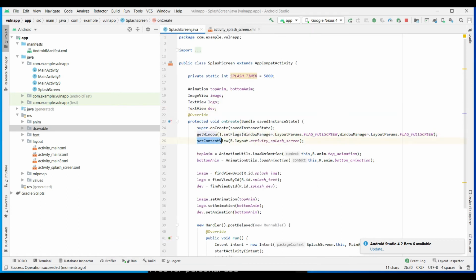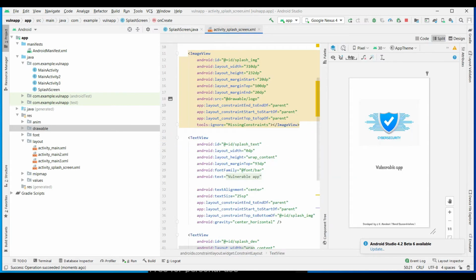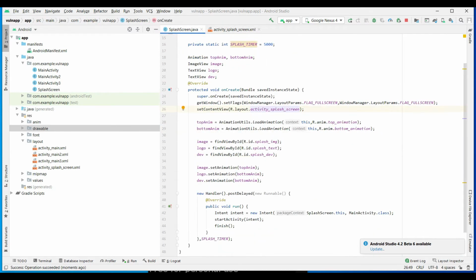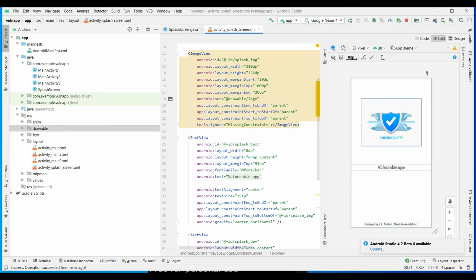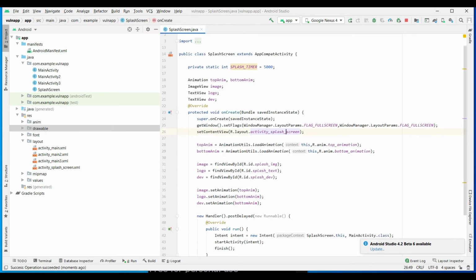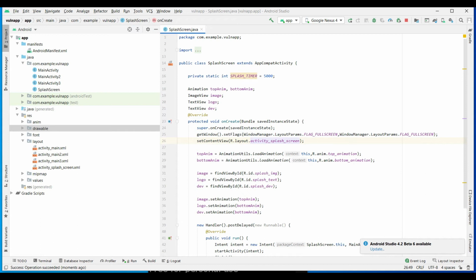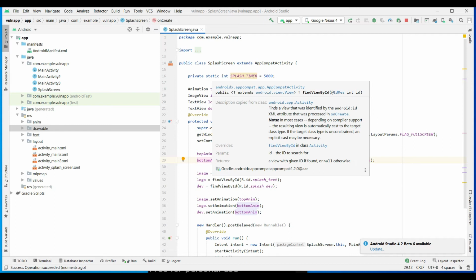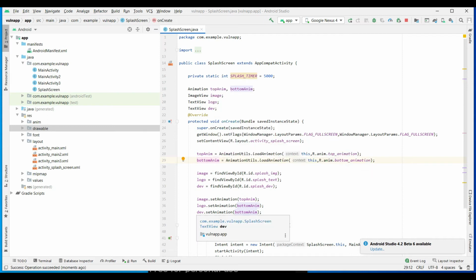After that, for this application you need a layout, the user interface. Here the layout is R.layout.activity_splash_screen, which is this one. Whenever this Java code is executed, it should load this activity, this screen. That's why we are using it here. After that, we are using some kind of animations for this application. Usually for splash screens, when an application is launched, you get some kind of animated thing, right?